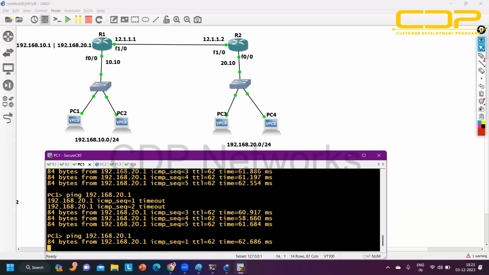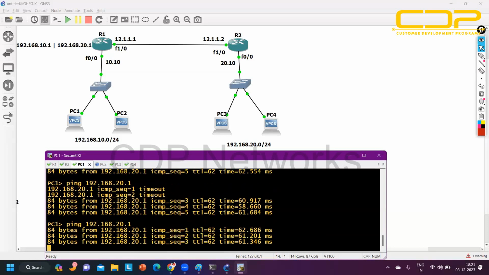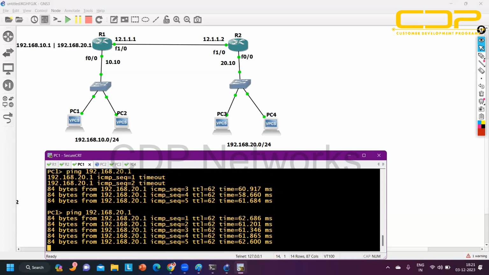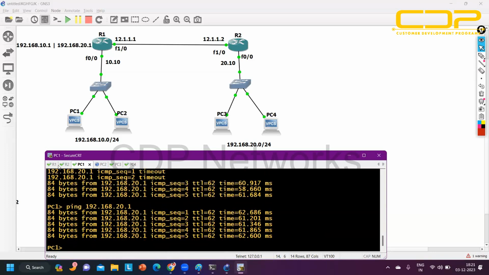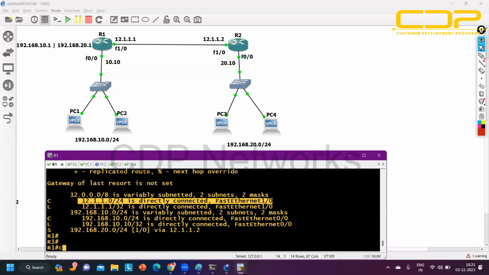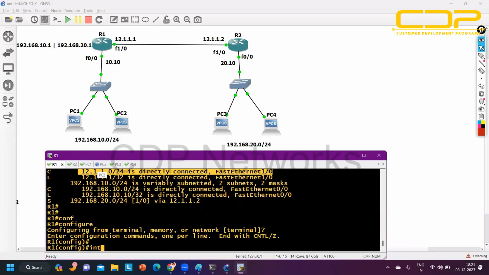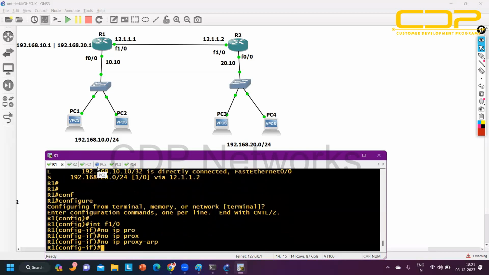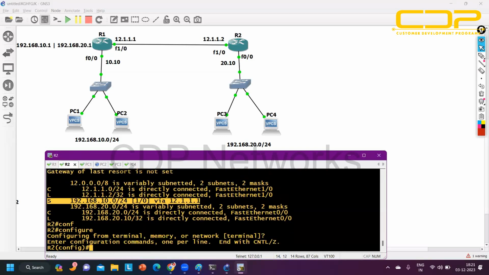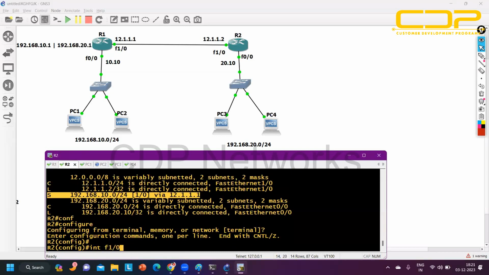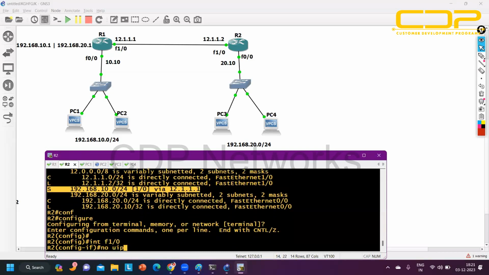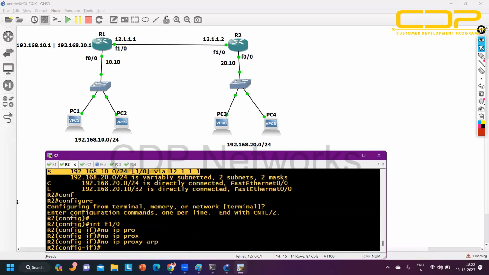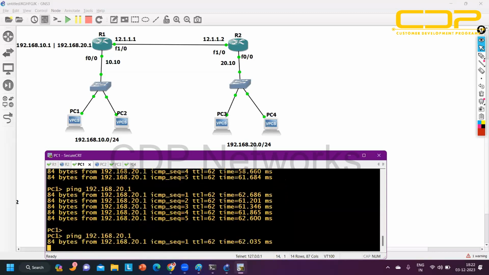See, ping is working. Fine. But the problem over here is both routers are checking their routing table twice. Right? If I disable proxy ARP, then also ping will work. Let me disable proxy ARP on the interface FastEthernet 1/0, say no IP proxy ARP. On router number 2 also, interface FastEthernet 1/0, no IP proxy ARP. Still ping is working,